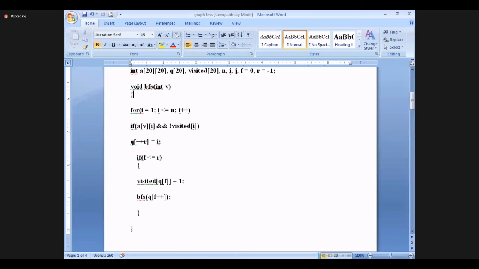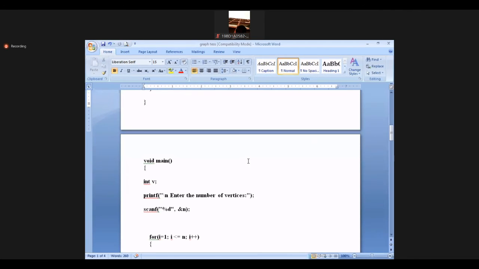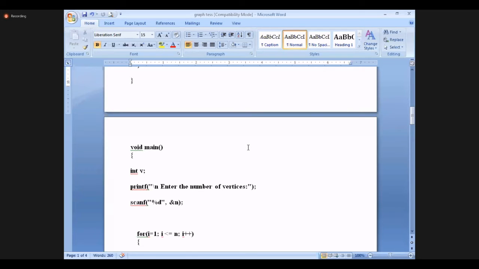This BFS argument is given after completion of the first column visiting. After completion of the first column visiting, immediately we call the BFS function to select the second row, next the third row, next the fourth row. Based on these values, we find out whether the particular node is visited or not.